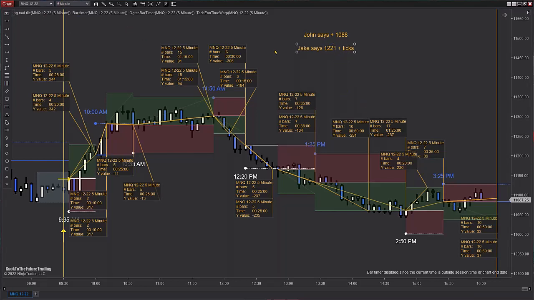What I like about micros on the NASDAQ, or micros for anything that's worth 50 cents per tick, is if you just use 2 micro contracts per position, it's really easy to convert into dollars. So if you're using 2 micros for this position and 2 micros for this position, you have 128 bucks plus 135 bucks. So if you're using 2 micros, you made 1,200. You would have made 1,200 today with 2 freaking micros, folks. 2 micros per position. So at any given time, you're only in the market with 4 micros.